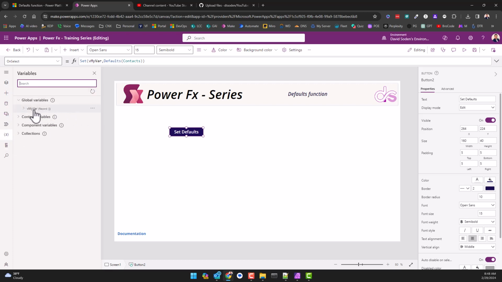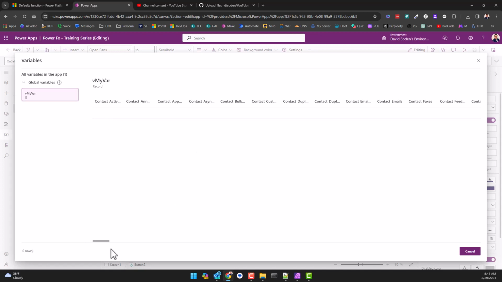So if we look at the myvar, it just says record, and if you can barely see it, inside of the parentheses there's two mustache curly brackets that indicates a record, and it says data type is record, but we don't see any data. If you come over here and click on the ellipsis and then click on view record, all of a sudden we have a plethora of columns. Now these are all of the columns that come out of the box by default in Dataverse with the contacts table. And so as a result, when you say defaults, it simply pulls back the schema for the table, populates this,